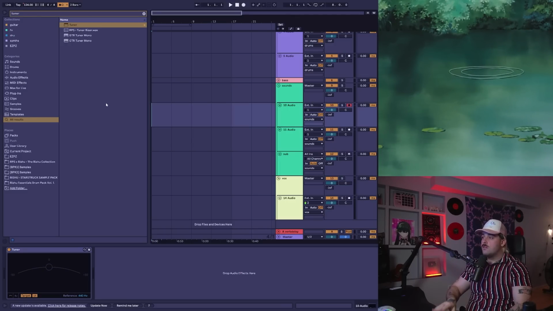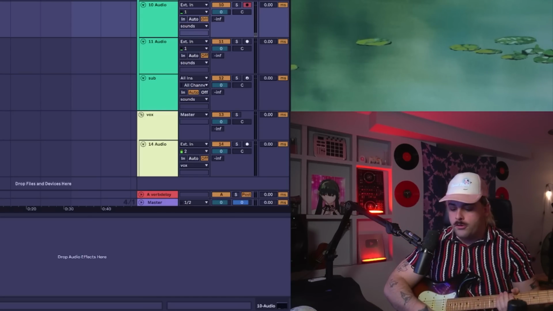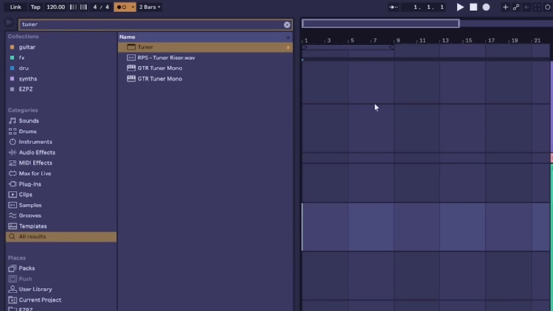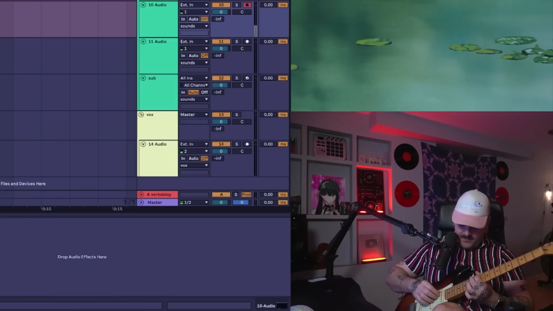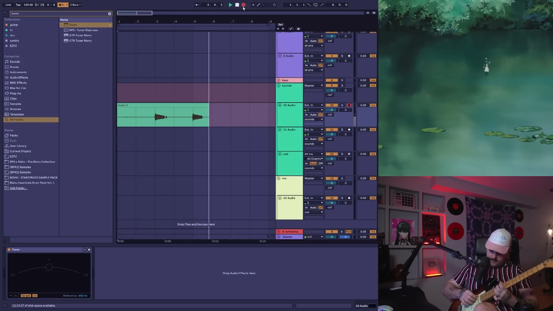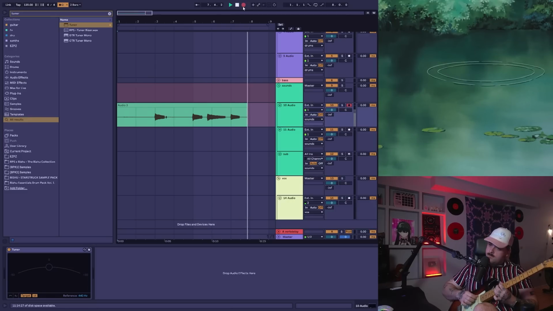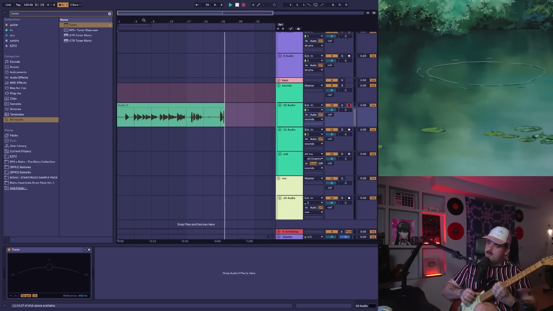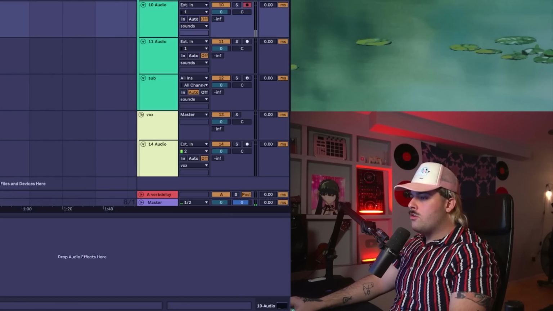We're going to keep it simple. So I think the easiest thing to do first is to get some simple chords. We're at 120 BPM. All right, so that's our first chord. I'm gonna do 2. Cool. All right, so we got guitar here.